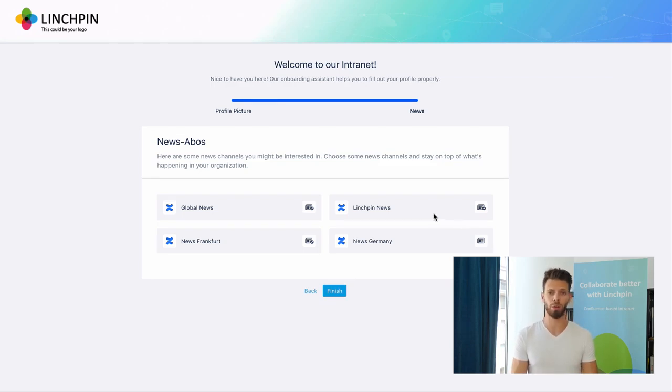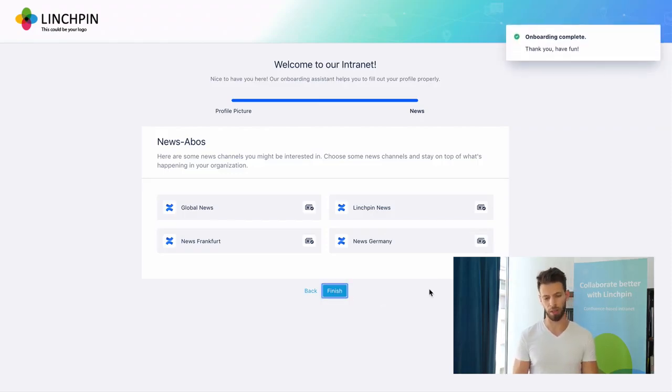This is the integration of the Linchpin Enterprise News, where users can subscribe to news channels before entering the intranet for the first time. So as you can see here, we've provided 4 different news channels. I'm already subscribed to 3 different ones, and now I can just subscribe to the News Germany. And as soon as I've done that, just click on Finish, and now I will be prompted the dashboard of